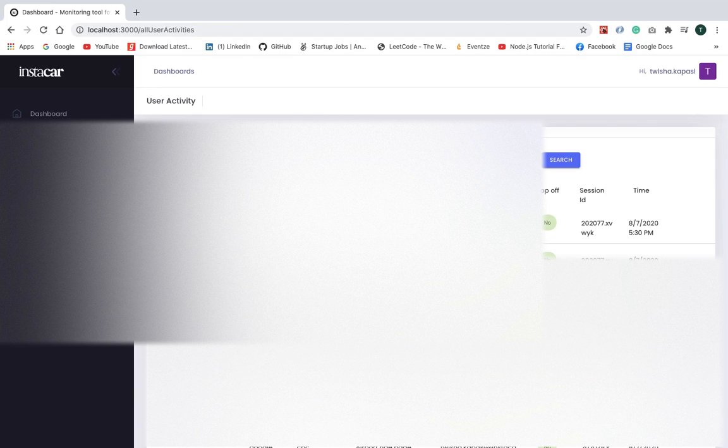Session ID tells us which user did what and at what time on the Instacart website or app. We assume that users will finish whatever they are doing or want to do within 30 minutes. That's why sessions are of 30 minutes. So it is good to calculate the drop off after 30 minutes of their activity. That is when their session completes.